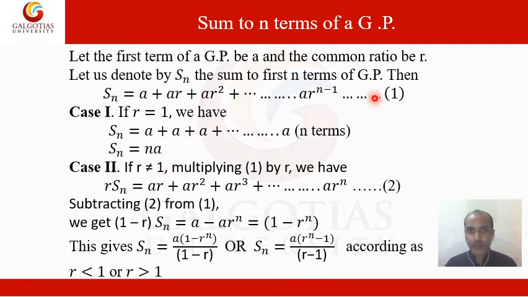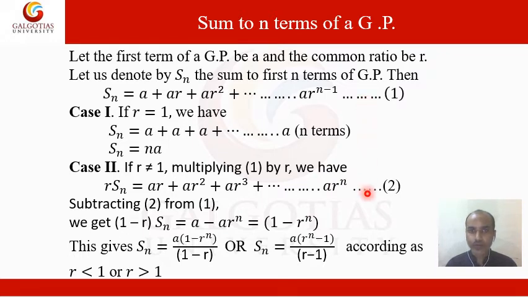From the first equation, we multiplied equation 1 on both sides by r. Then equation 1 becomes r Sn equal to ar plus ar square, and so on, a into r to the power n. Now subtracting